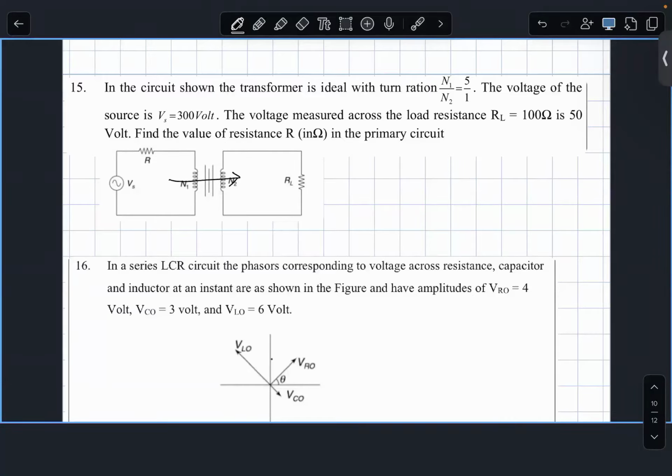The voltage of the source is 300 volts. The voltage measured across the load is 50 volts. What is the secondary current? The secondary current is 50/100, 1/2 amps. I secondary. Power delivered across the load is I primary by secondary. V secondary is given. I primary V